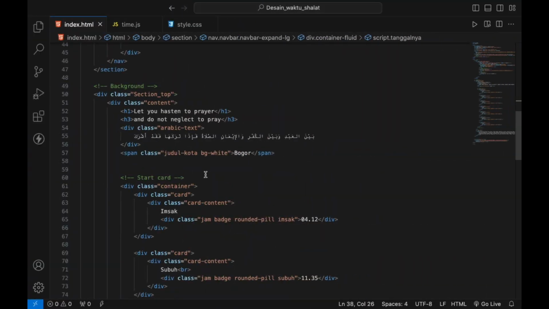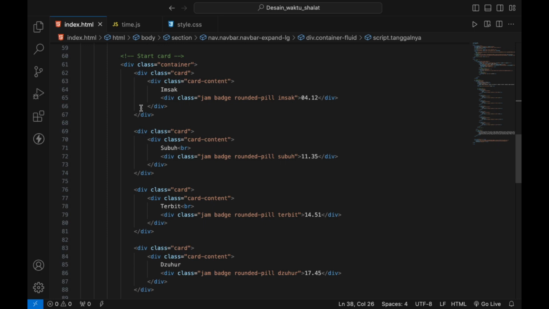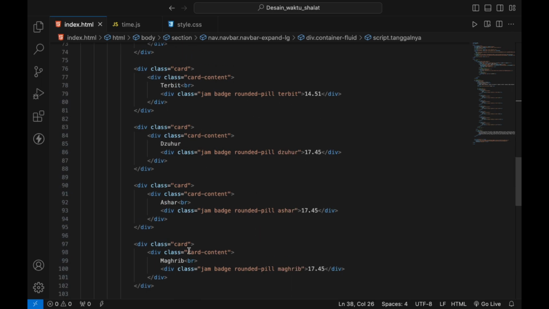And for this card, the time to the schedule of azan, I make this card: div class container, div class card, and then another div, the card contains imsak, and a div for the time, jam, with rounded corners, till imsak, like this.